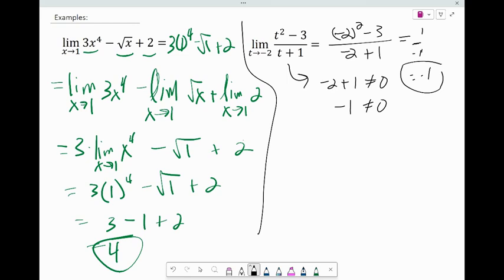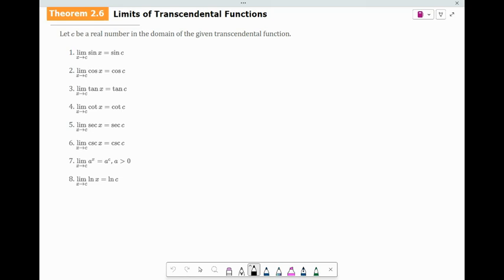Okay. So what we're starting to see is that many of the well-behaved functions that we've studied, as long as they don't have things like vertical asymptotes or disconnected points or piecewise defined functions, most of our well-behaved functions, there's no reason to think that the limit wouldn't agree with the function value. Turns out to also be true for trigonometric and exponential functions. These are often grouped together and called transcendental functions. Now, property 7 here, when we deal with exponentials, we're going to mostly deal